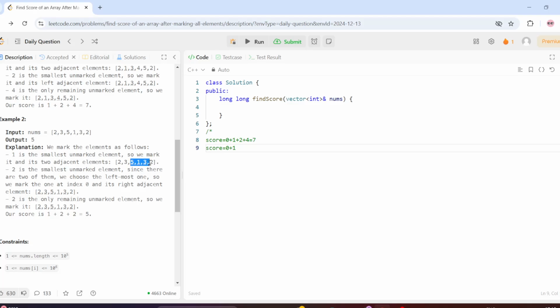And after that 2 is the smallest element. But wait, here we see that 2 is coming two times. So which element do we have to select? We have to select the most leftward element. So we select this 2, and after that we add 2 to our answer and mark its left and right if present as visited. So then we will mark 3 as visited, but it does not have any left, so we leave it as